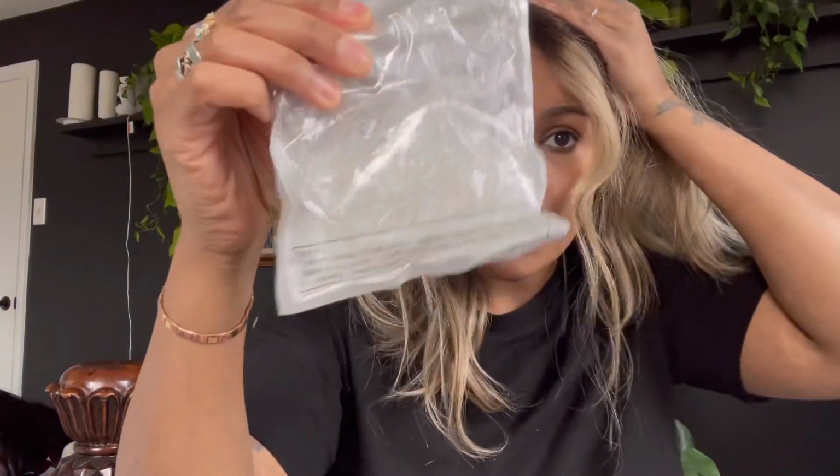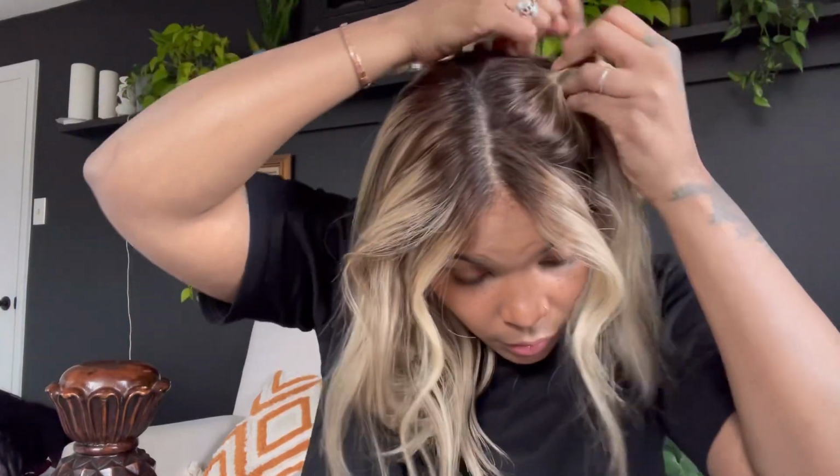I like to use clear elastics. Put it around. And as I'm pulling it through, I just twist the hair up into a bun, and then I put it back around, and I put the clear elastic kind of on top. It's kind of hard to do with the short hair,